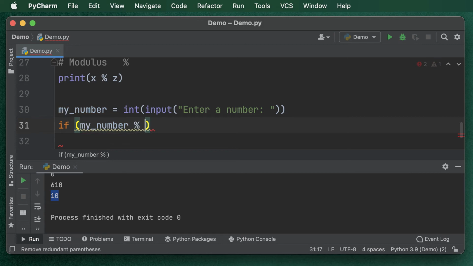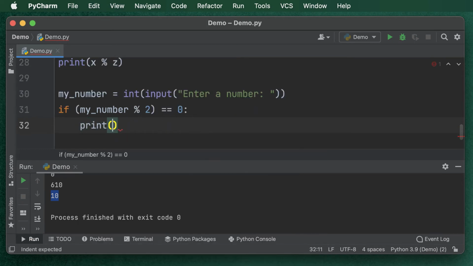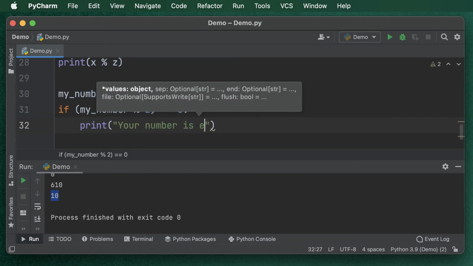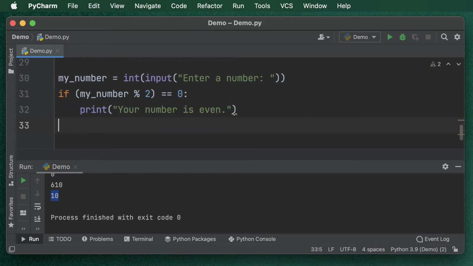Notice that what I'm going to do here is test my number, the number that is provided by the user, by modulus 2, which means if I divide whatever number is provided by 2, the result of that, if it's 0, that means that there is no remainder, which means it's an even number. Okay. Otherwise,